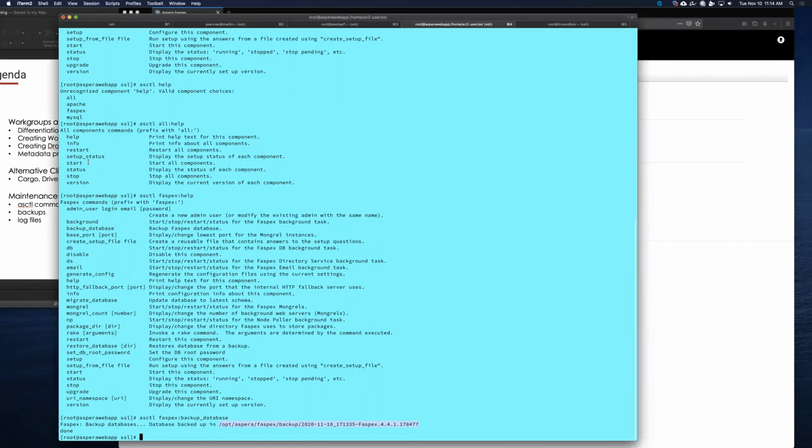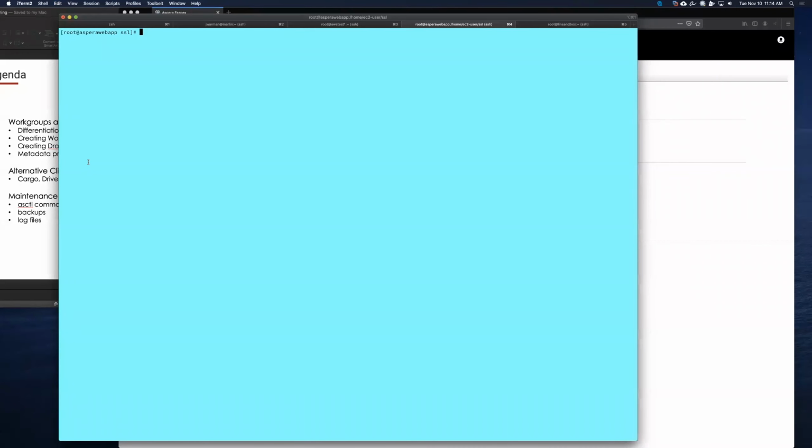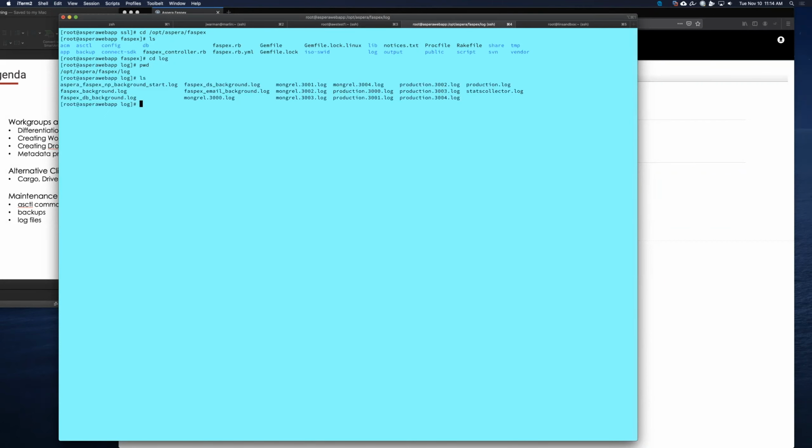Okay, and then finally, this is all in the Aspera Faspex admin guide, so I won't go into it too much, but everything's in aspera. There is aspera faspex log that has a ton of log files. You typically won't need these day to day, but if you're working with Aspera support on a particular issue, they may ask you for the log files. You can see all of the individual processes that run under Faspex are broken out here